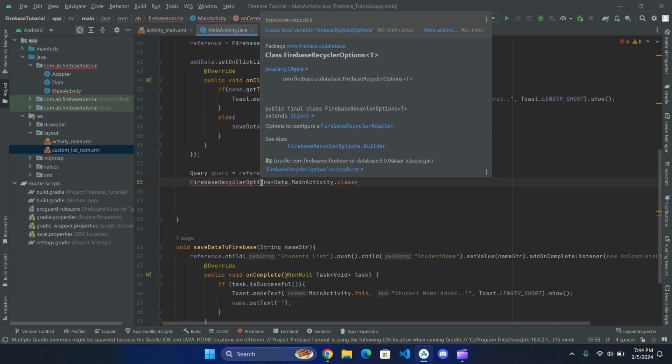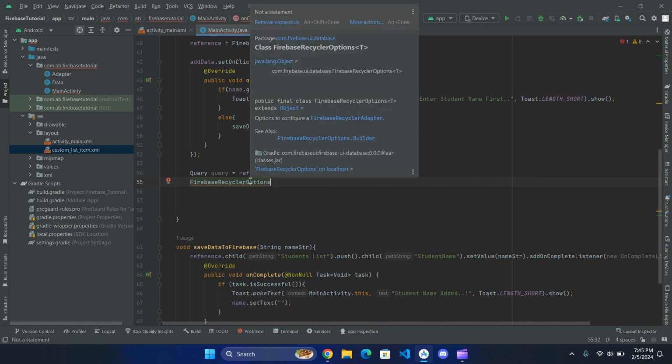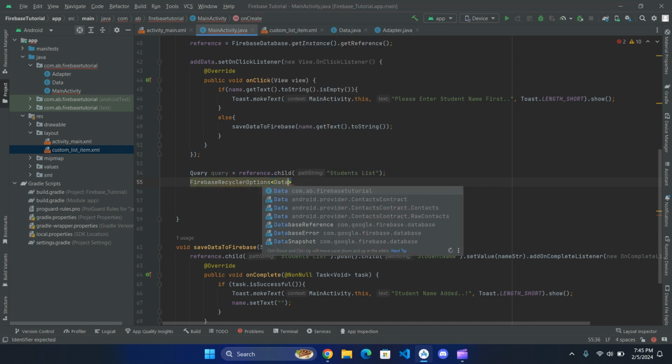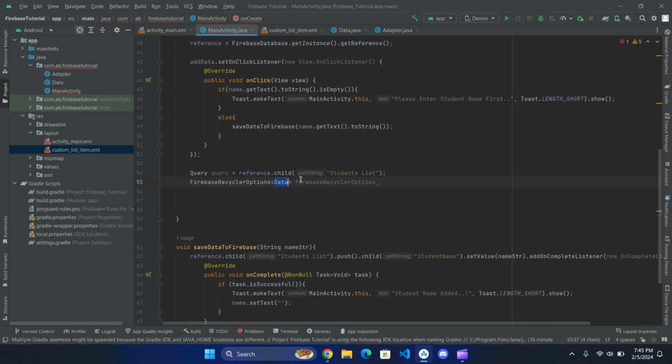Just check what the suggestion is. Create variable FirebaseRecyclerOptions. Okay, just give me a minute, we will check what the issue is. Or we can just pass data, then FirebaseRecyclerOptions. Okay, we have to pass only the data class, equals to new